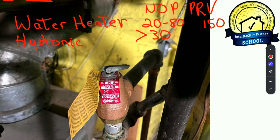Once we get to that 30 psi or higher, then the pressure relief valve is going to open up and we're going to spew water on the floor. So we can't be at that pressure. We have to be lower. And then, of course, the PRV is going to be 30. Steam systems usually operate between 2 and 6. Now, they have high-pressure steam systems that will operate on higher pressures, but those are going to be for, like, giant apartment buildings or something like that when they're pushing steam to a further distance. But most homes that operate on steam, it's 2 to 6,